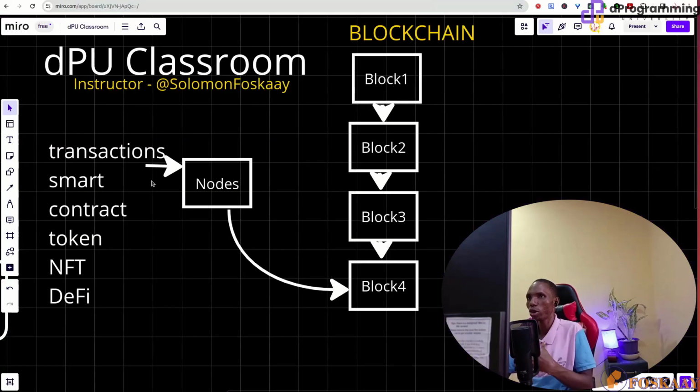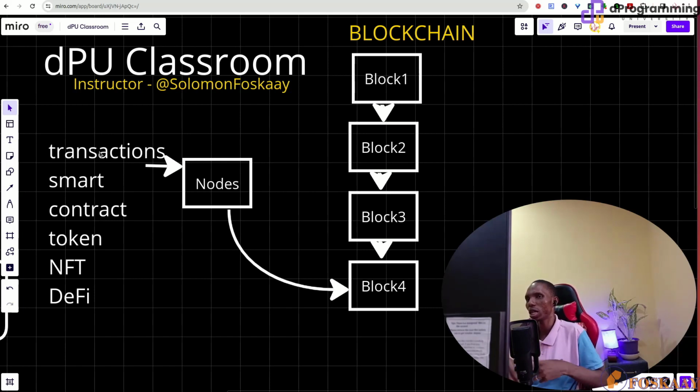But these are code that run. They are part of everything you see here. Be it NFT, DeFi platform, token, whatever it is, they are code. The blockchain sees them as code. So the aspect of code that lets you do a lot of things, except for a basic transaction, like you have a Bitcoin and you want to send it to somebody or receive it.